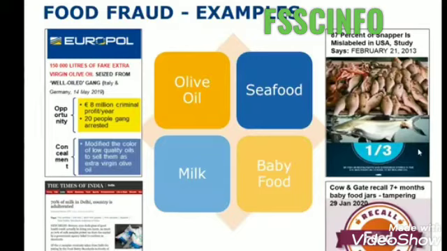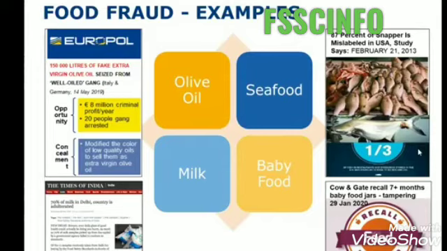And you can see 150,000 liters of fake extra virgin olive oil seized by this authority. 150,000 liters, 150 metric tons of fake extra virgin oil. And you can see the worth of this. The worth gives you an idea of why food fraud is committed: because of opportunity. How big was the opportunity? 8 million in criminal profit per year. They were earning 8 million in profit every year with this food fraud.